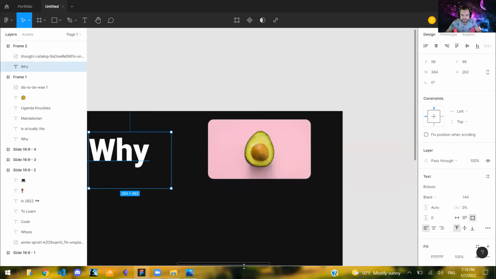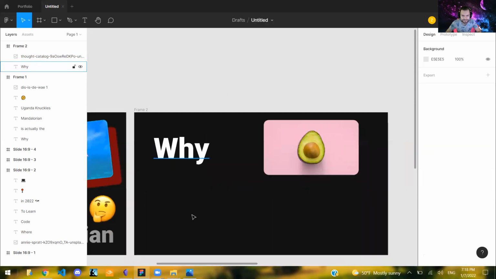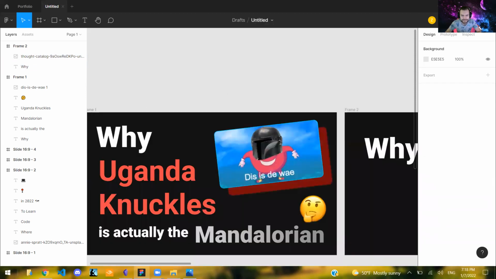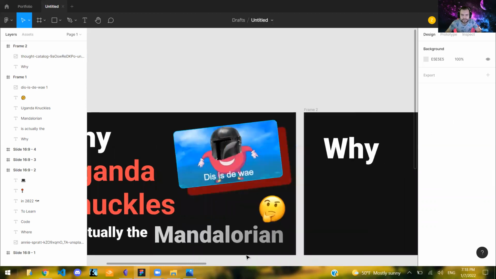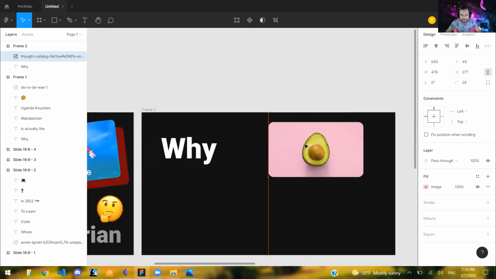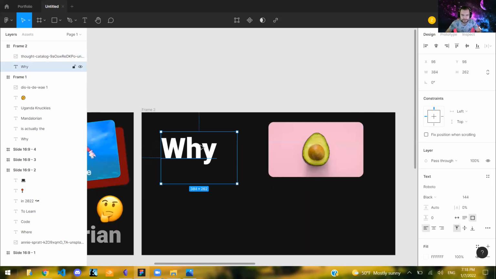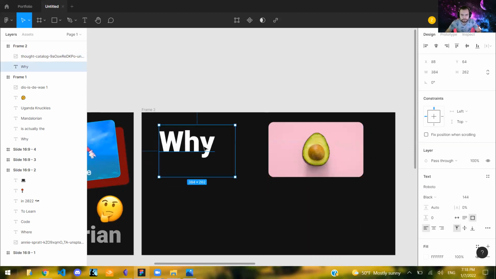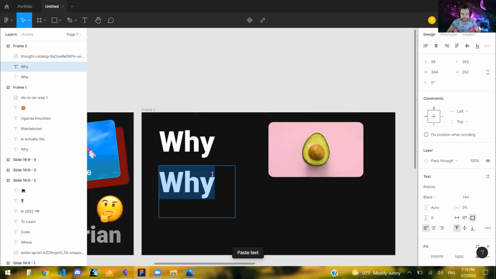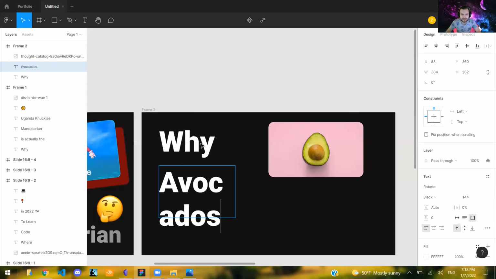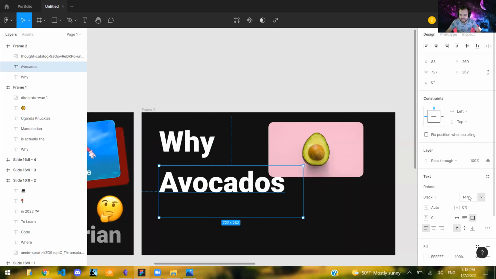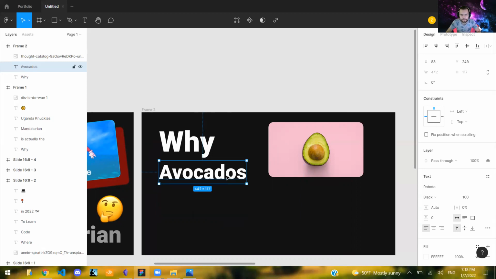For this one specifically, which is not going to be as catchy as Uganda Knuckles, because Uganda Knuckles is amazing and so is Mandalorian, this one probably won't be the most popular, but I'm just showing you how to use it in order to make the same thing. So, why... I just copied this. I'm gonna say why avocados. I'm gonna take this text, which is pretty huge, so I'm going to make this font size smaller. I'm just gonna say something like 100. Why avocados, boom. Why avocados